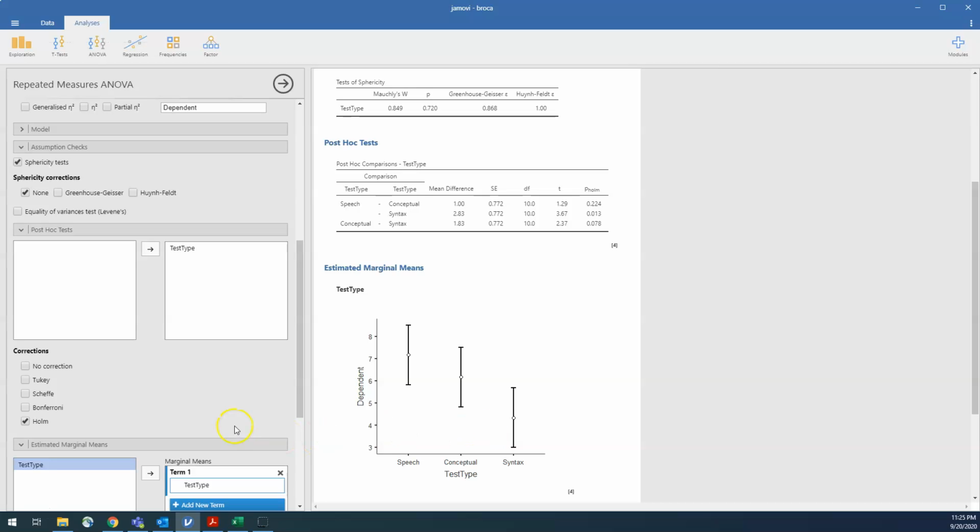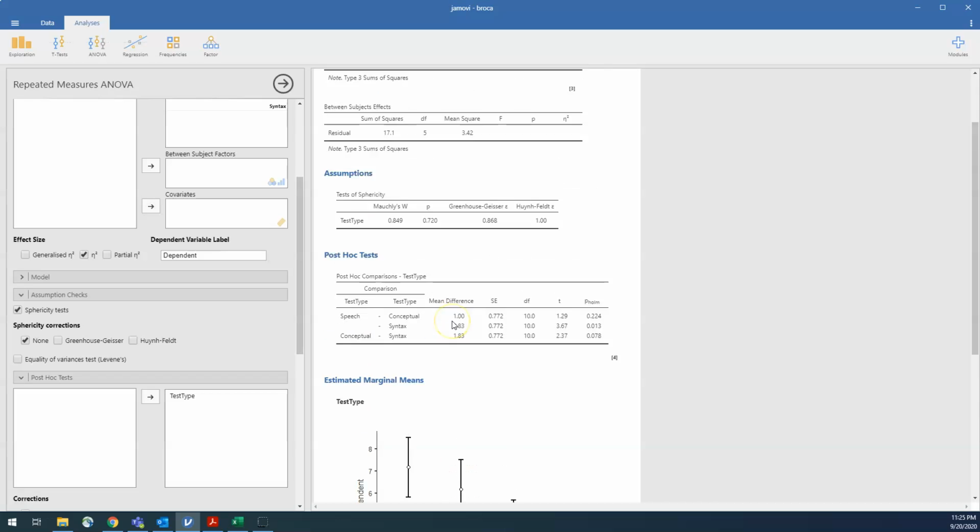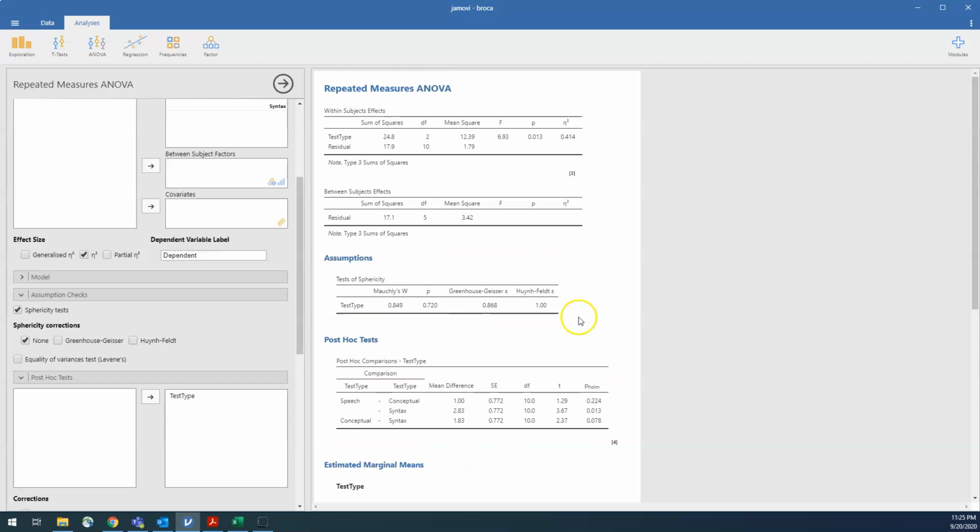The last thing that I want to remind you of is when you're doing an ANOVA, you need to request your eta squared, and your eta squared in this situation is okay because you're using repeated measures ANOVA.